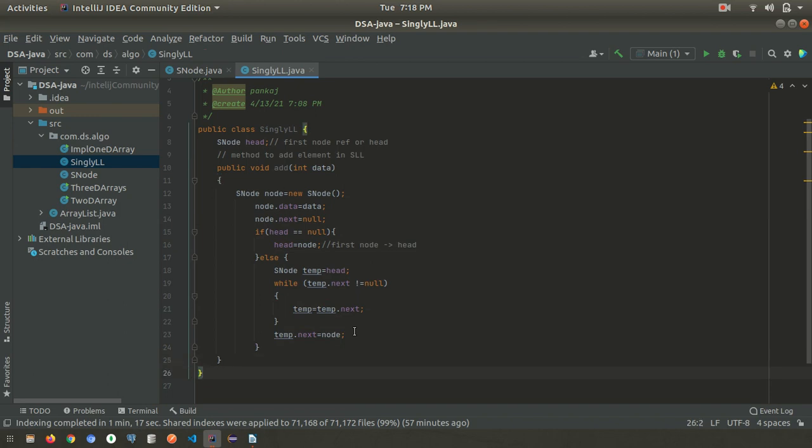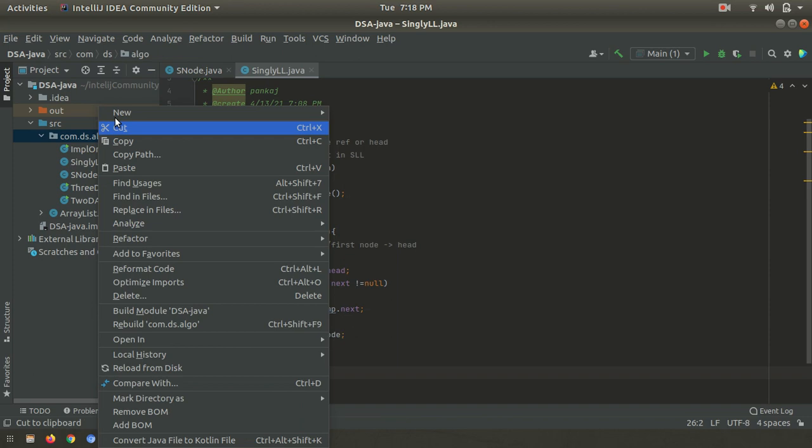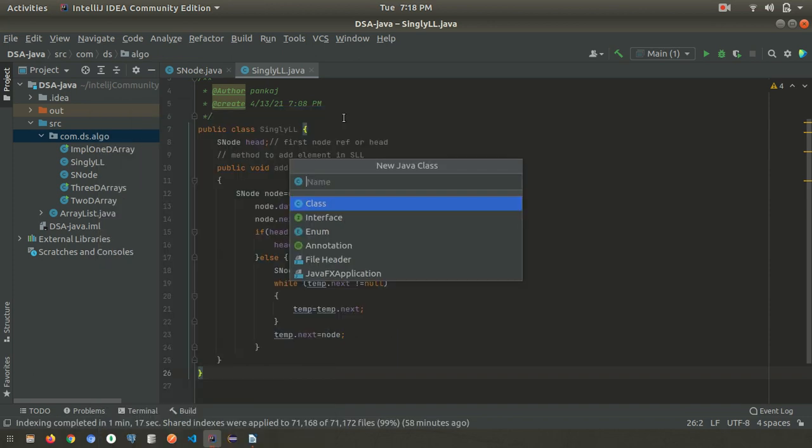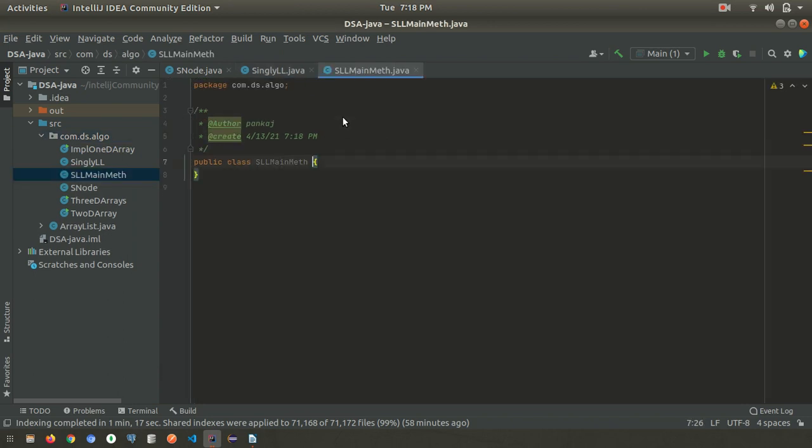If you want to check, what we can do is create a new singly linked list main method and call these methods.